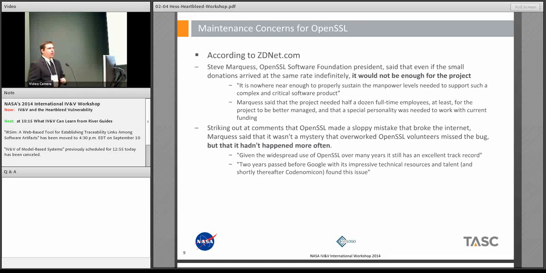So a little bit more information about the concerns that we have with the maintenance. After this had happened, one of the things that the OpenSSL Software Foundation president had said was, even if small donations had arrived at the same rate, it would not be enough for the project. They claim that they're nowhere near enough. It is nowhere near enough to properly sustain the manpower levels needed to support such a complex and critical software